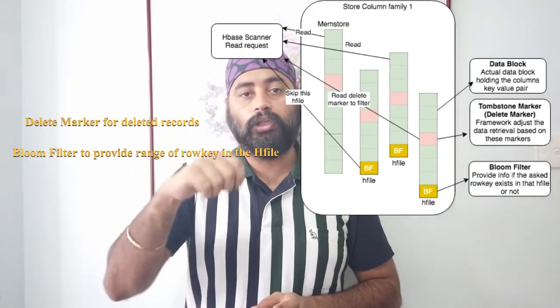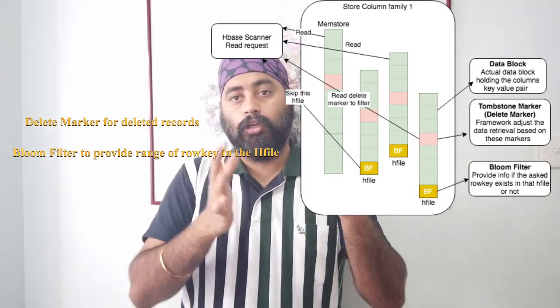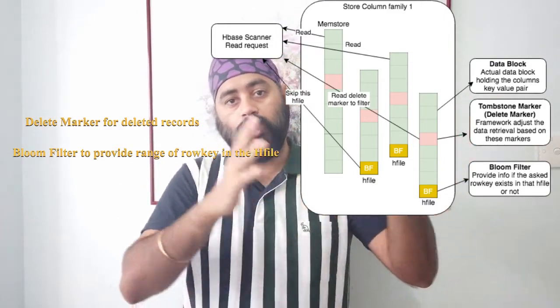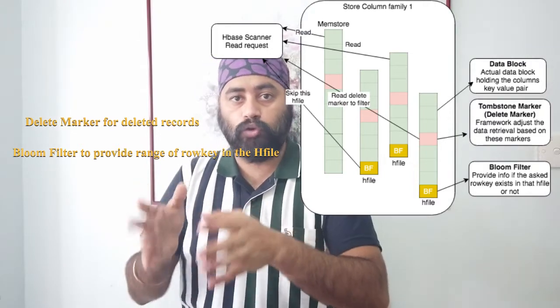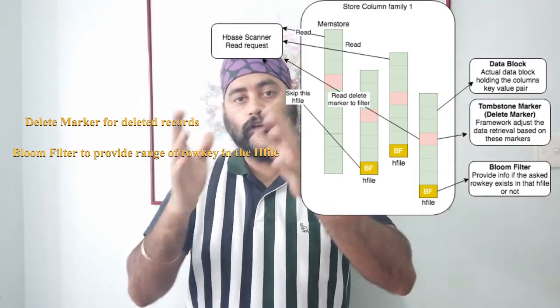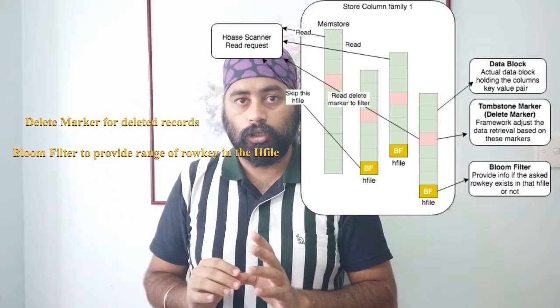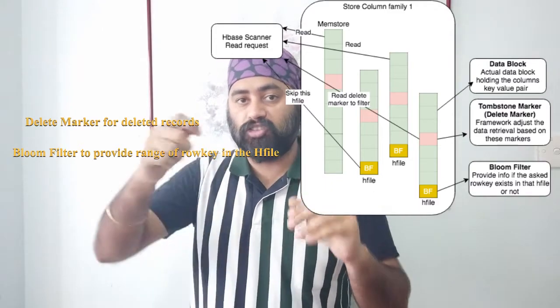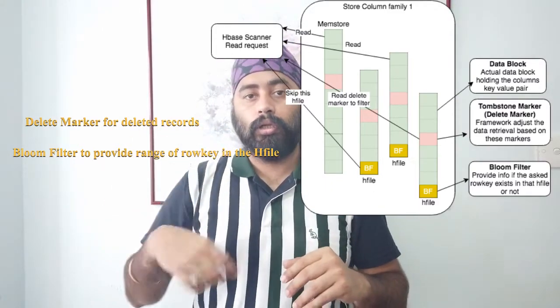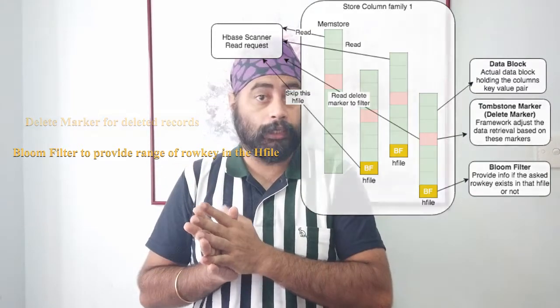It will give that information, and based on that, it will just scan those store files and get the required information. Along with that, it will first scan the MemStore as well. Anything which is latest, it will get from there, and anything stored in the store files it will get from them, and it will merge both. After that, it will also apply the delete filter, meaning remove deleted records, and then give you the information. So it's not updating any file. It's just adding one more record with the specific state of that. So this is the way read happens. So we have seen the data model, we have seen how the write happens, and how the read happens in HBase.